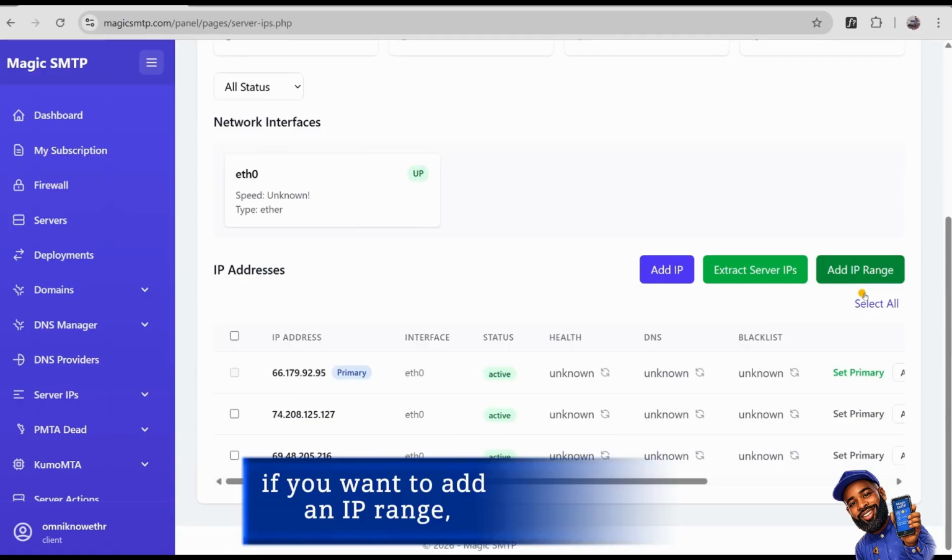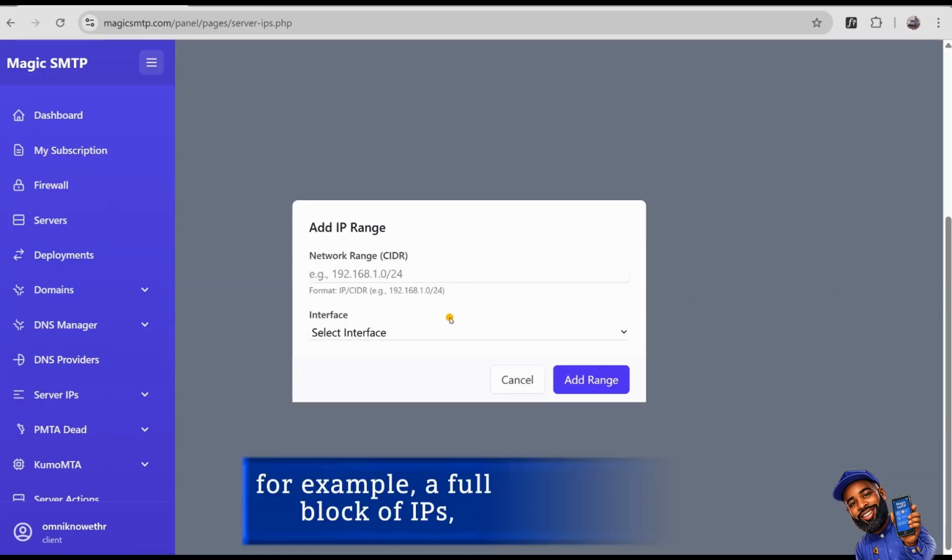Now, if you want to add an IP range, for example, a full block of IPs, a 24 block contains 256 IP addresses. A 24 range provides 256 total IP addresses. You would enter it here. For example,